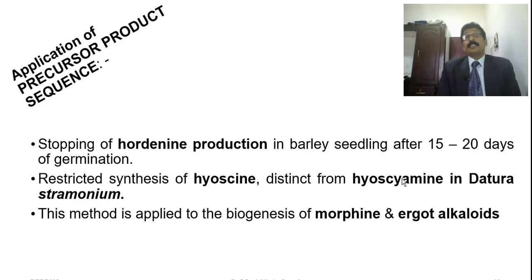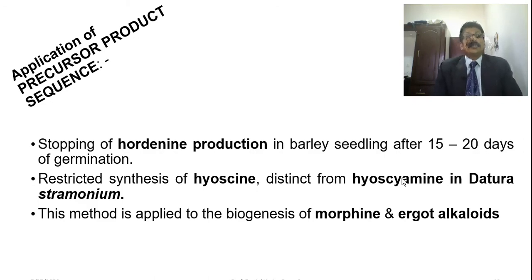So this is one type of experiment they have done. Hyoscine and hyoscyamine have a slight difference in their structure, so they are restricting the synthesis of hyoscine, distinct from the hyoscyamine in the Datura stramonium plant. This method is also applied to the biosynthesis of morphine and ergot alkaloids. Morphine is present in opium, a narcotic analgesic, a very common and very interesting drug. In the very olden days, they all depended on this morphine. So morphine and ergot alkaloid biosynthesis were also studied by means of this